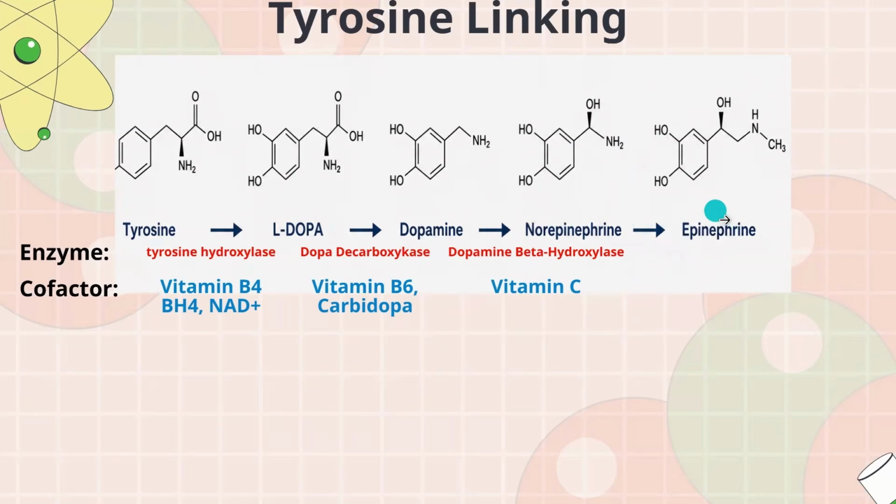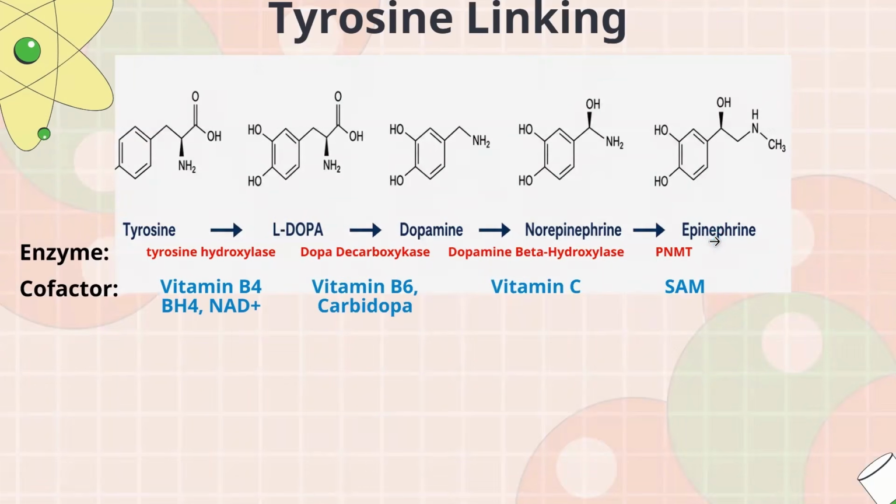And then finally here, it's not really important, but I guess if we do have to know it, norepinephrine is converted to epinephrine through an enzyme called PNMT. It's a very long name, but I don't think we need to know it. It's not that high. And its coenzyme, or the cofactor, sorry, is called SAM. Yes, the SAM that is the major methyl group donor. Okay, and that's about it.